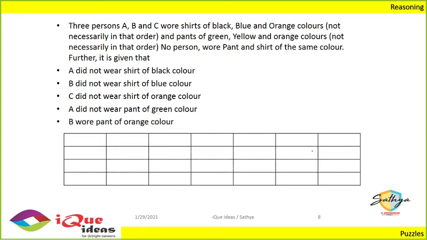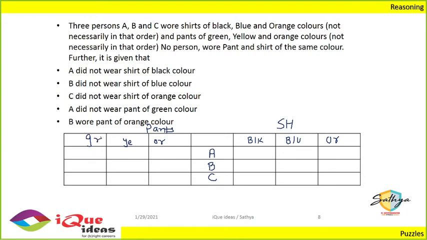We'll form a grid. There are three people, A, B, and C, which is the common point. On one side, we have them wearing shirts, which include black, blue, and orange colors. And on the other side, we have pants of different colors, which include green, yellow, and orange. Now, the only clue that we have as of now is that no person wore the pant and shirt of